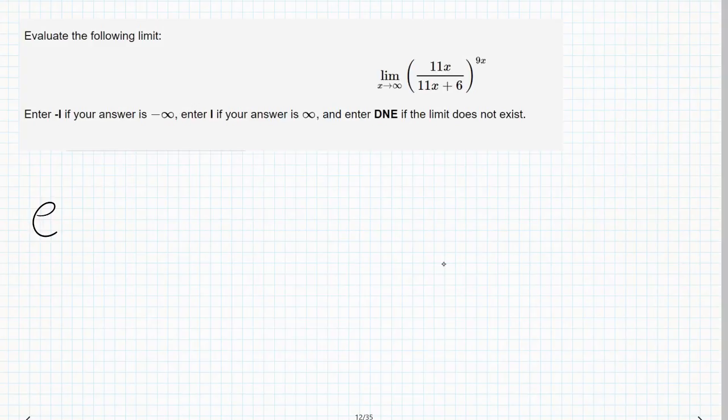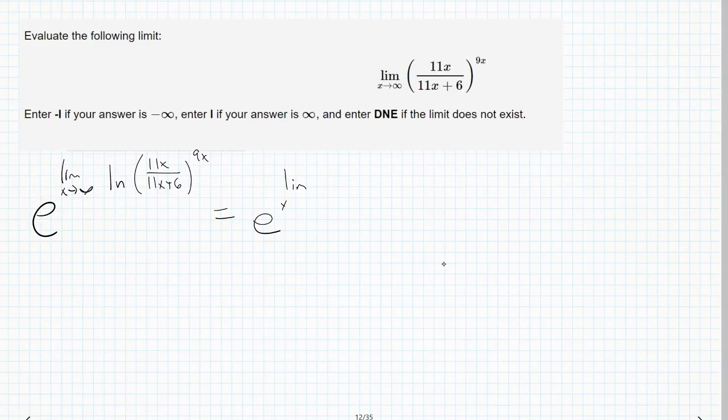So the first thing, remember, we had to write e to the natural log because those two are inverses of one another, and the natural log will allow us to pull those things on down. So we get this raised to the 9x. The big thing here, this one's just a little bit more complicated with the derivative. So we get e to the